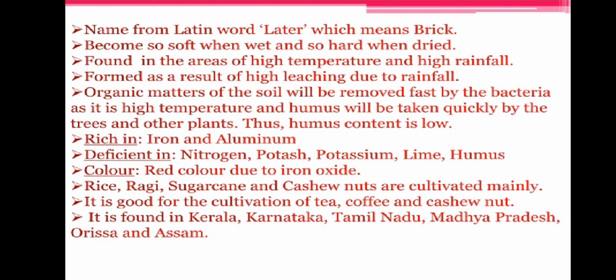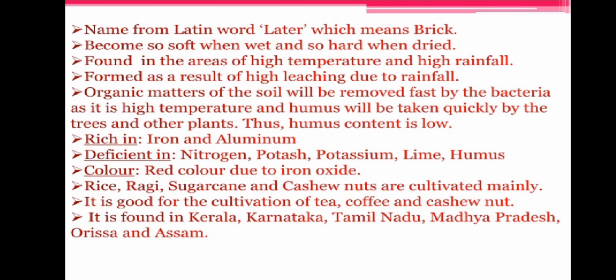This soil is suitable for cultivation with adequate doses of manures and fertilizers. Means to carry on cultivation where this type of soil is present, you need to add doses of manures and fertilizers. These soils are mainly found in Karnataka, Kerala, Tamil Nadu, Madhya Pradesh and the hilly areas of